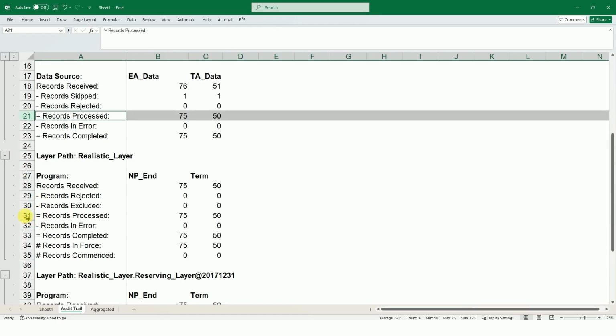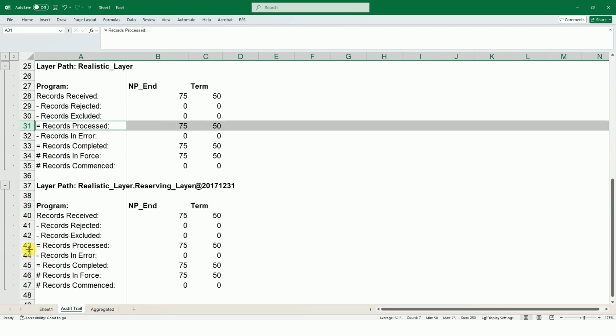Observe in the Audit tab that each program receives the correct data records.